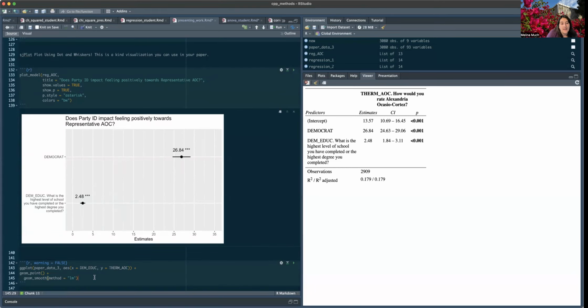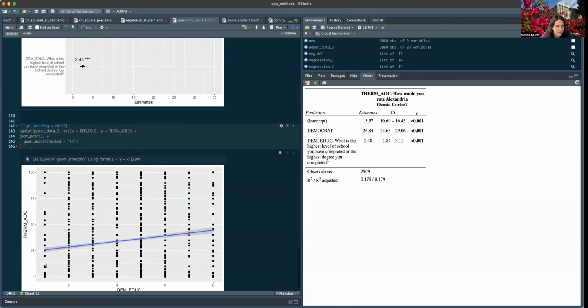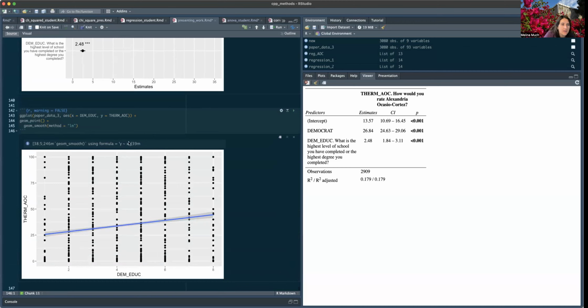We also know we can use scatter plots for regression. So that's here on the bottom in line 143. We'll run this really fast in ggplot. So this is looking at our independent variable. Our dependent variable of interest is Therm AOC. That's our Y. Our independent variable is X. It's DEM education. And then we're going to use the geom point to draw like a version of a scatter plot. DEM education is technically categorical, and so it's not perfectly scattered,